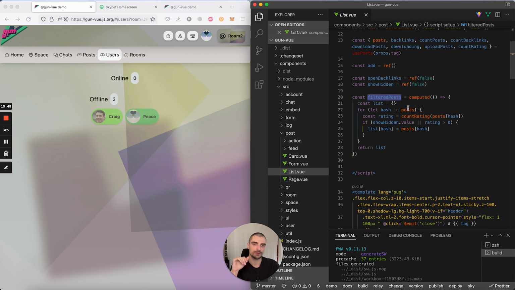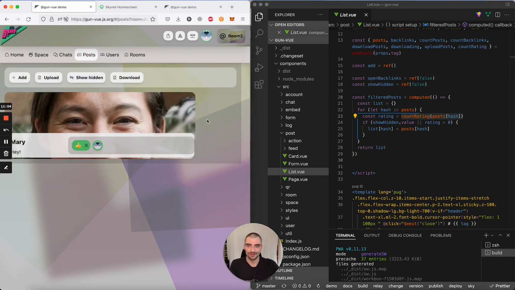Every time the list from use posts changes, we recreate this list according to the rating of the post, and even when the post changes. It can be quite slow when we have thousands of posts,